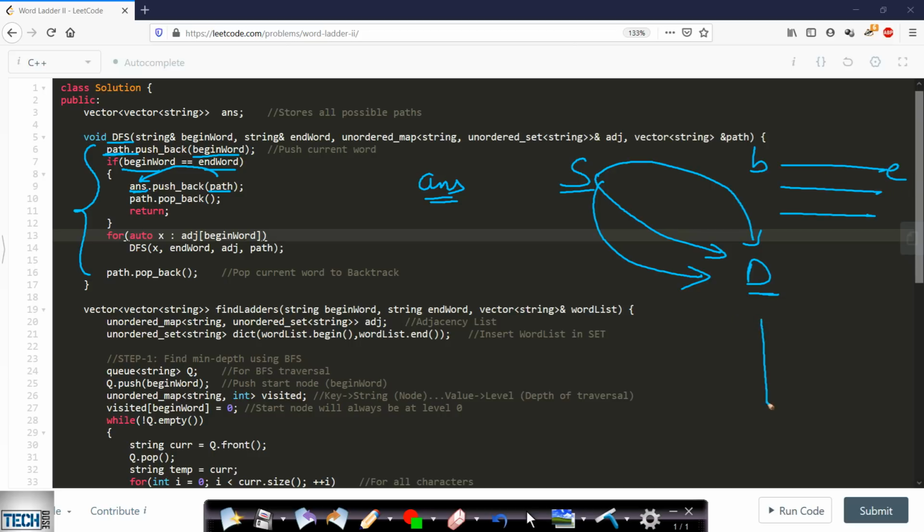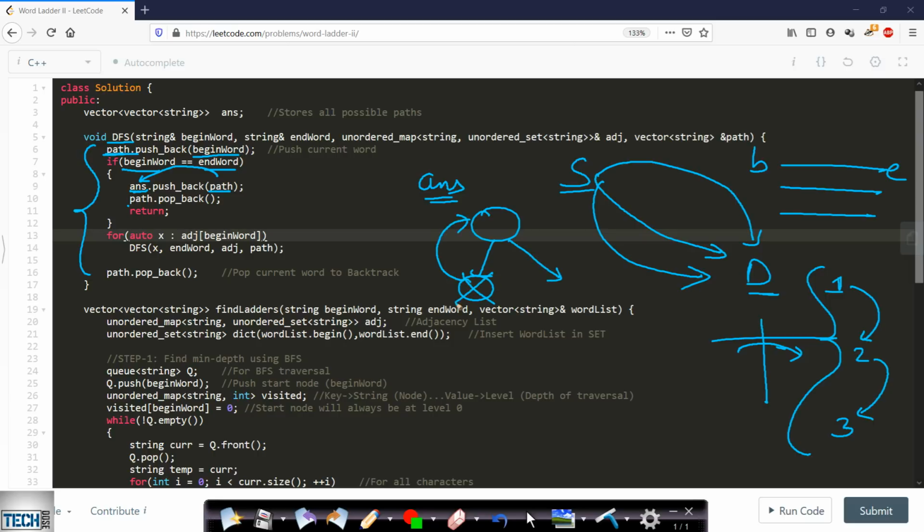And in this case, since we have made a spatial adjacency list, we will always be making a DFS call one level down. That is, if we are at level 1, then we will make a DFS call to level 2. From 2, we will make a DFS call to 3. We make sure of this by making a spatial adjacency list, so this will always give us the minimum depth of traversal using DFS. Once we have pushed the entire path, when we are at a node and we reach the destination, then we will go back and explore the other paths, and so we have to remove this node. So basically we are doing path.pop_back, that is, we are backtracking.